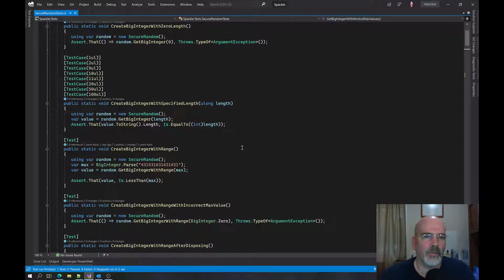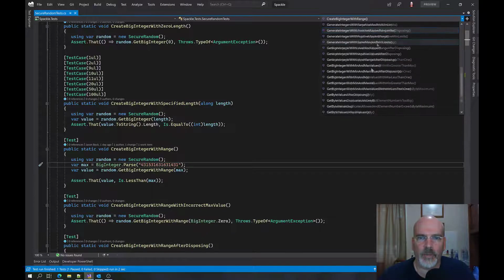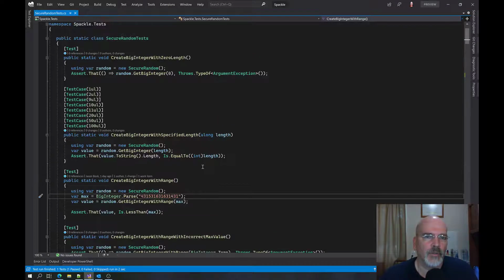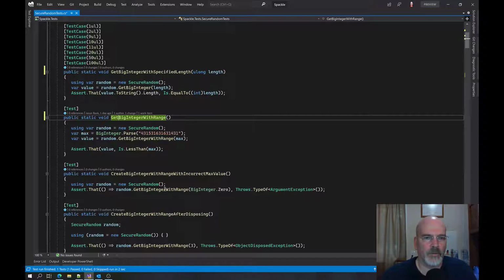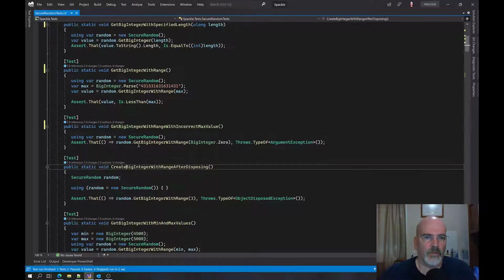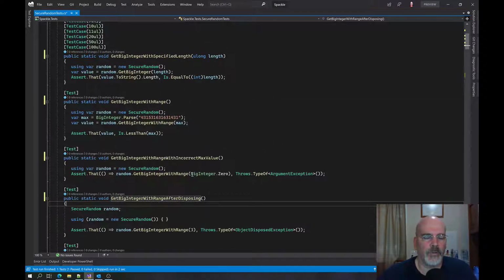Interesting. I should probably call these, well, no, because there's create big integer with range. And those are their get big integer with range. Generate integer with a, yeah, why are these called create? These should be get big integer because that's what we're actually calling here. And as long as I don't, there. So really what I want to do here is I want to call that if